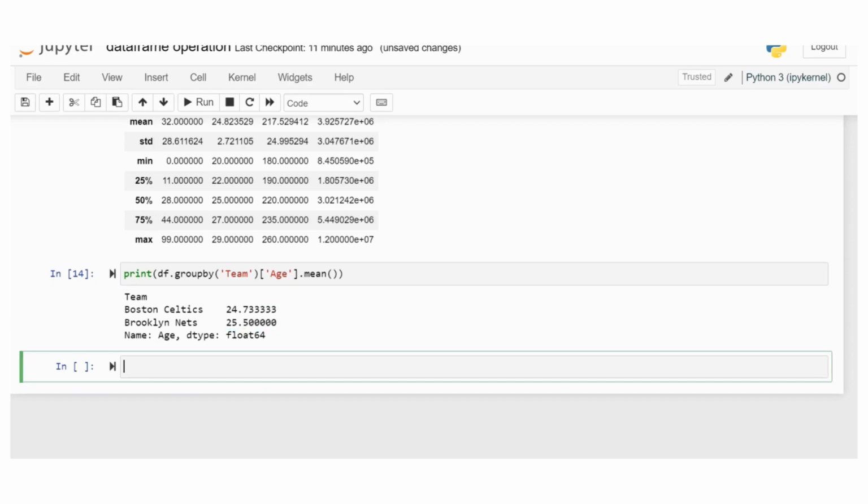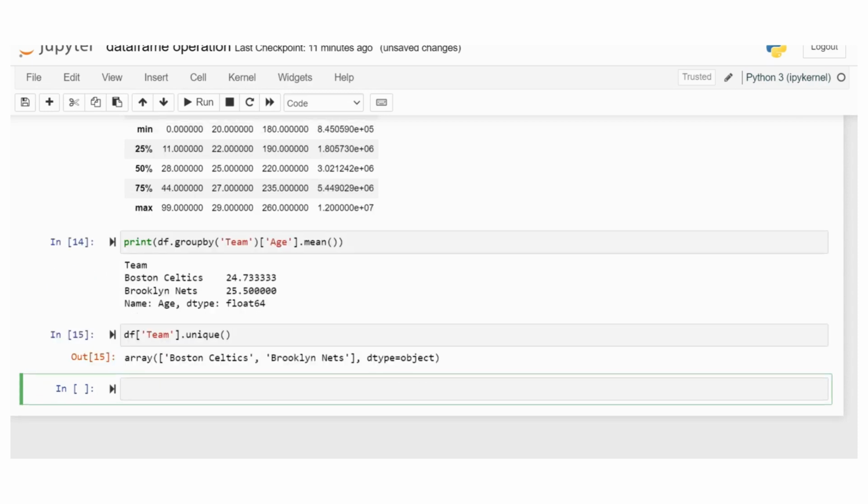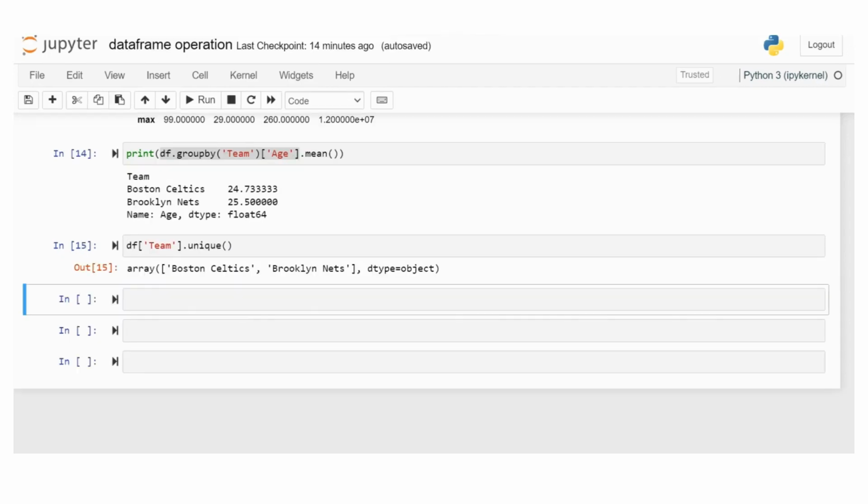Okay, how to check the unique values? df.team.unique. The team column has 2 unique values. Okay, that is the groupby function and calculation.